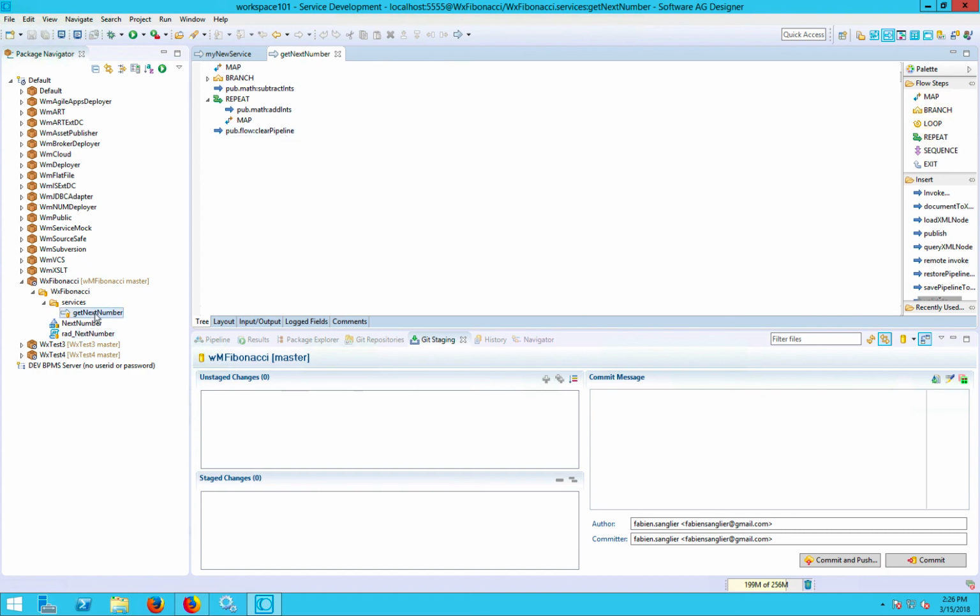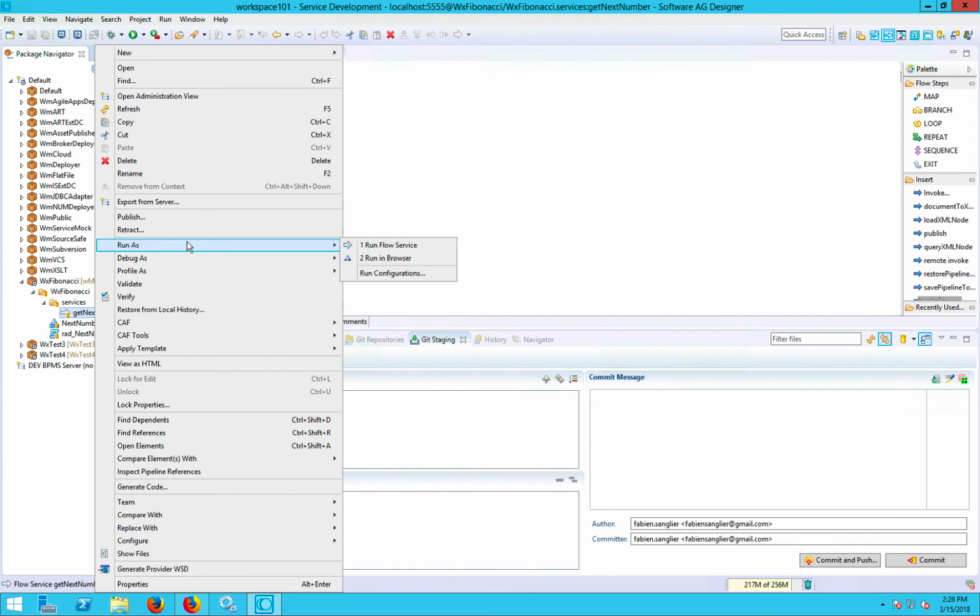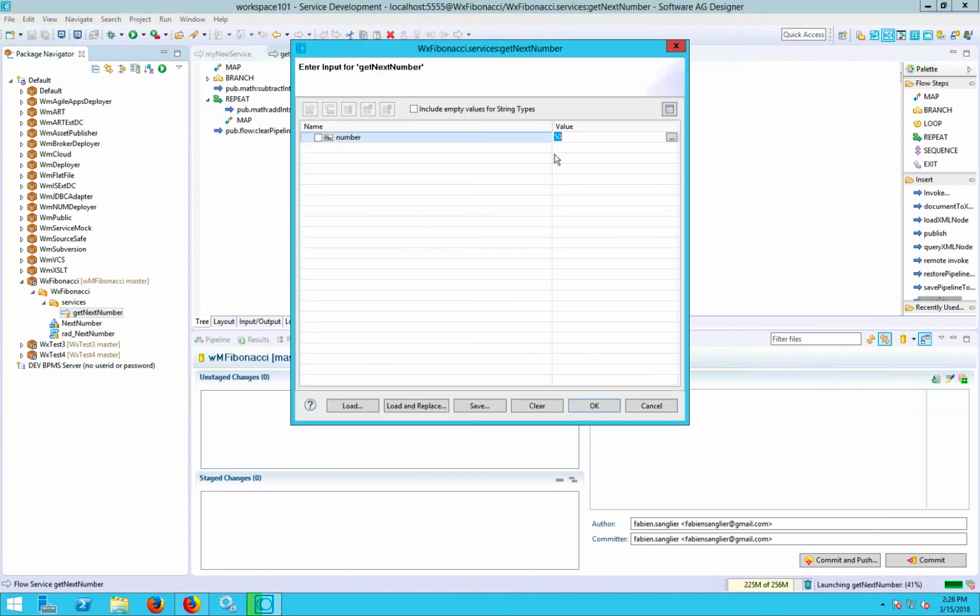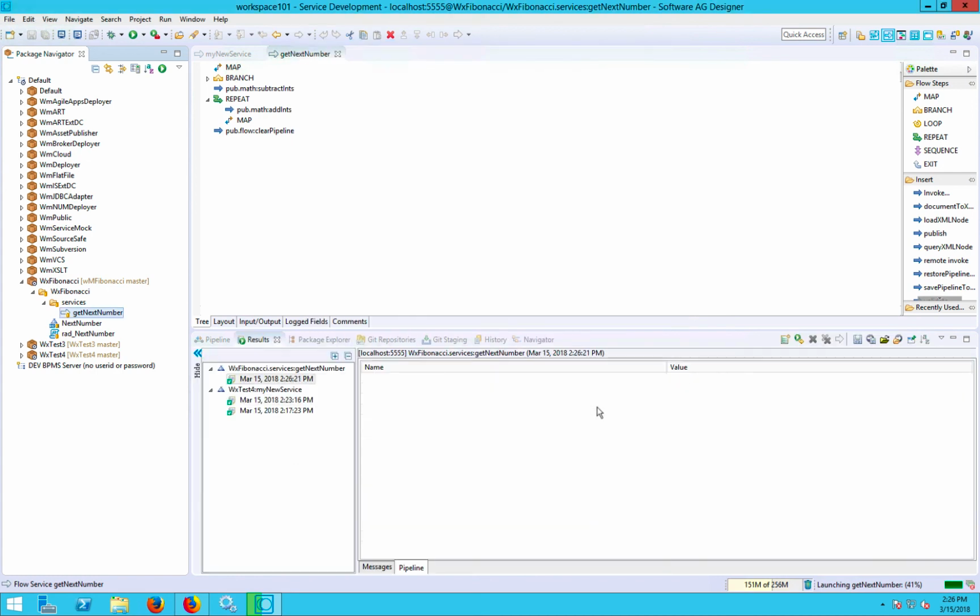And so the idea about that service is to provide a number in the series, and then it's going to calculate what's the value, right? And so we're going to run this number 50, and the Fibonacci number for the 50th number in that series